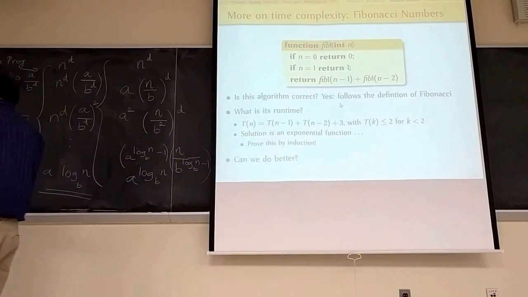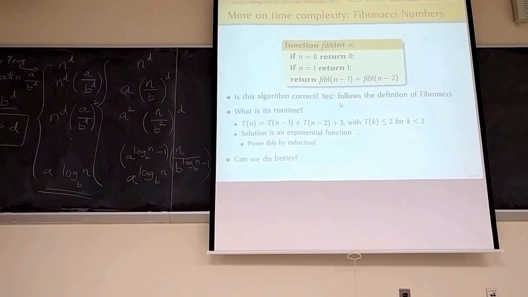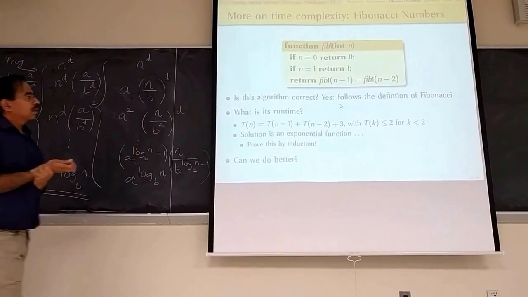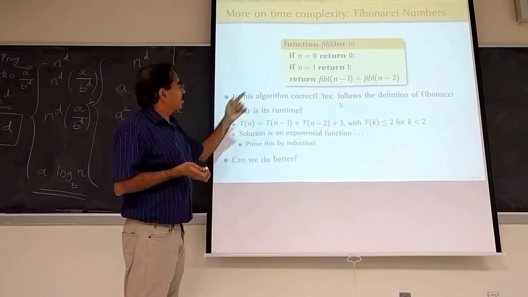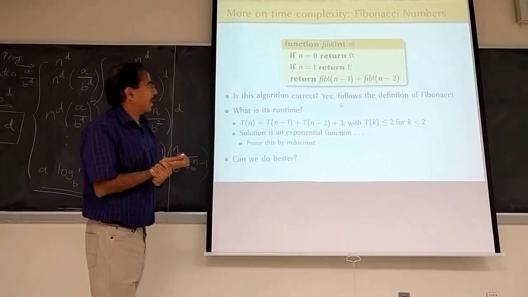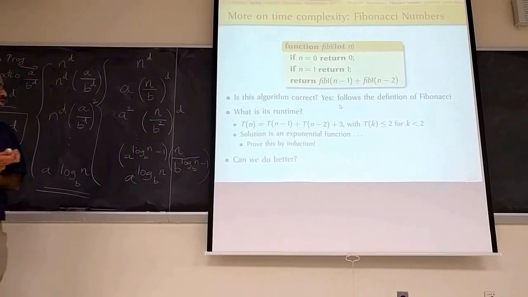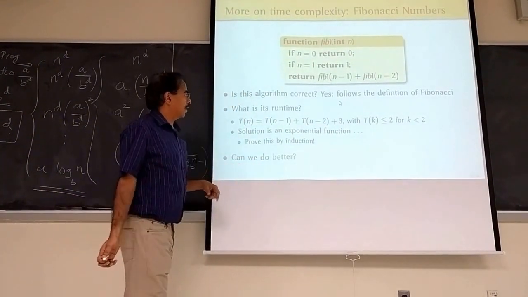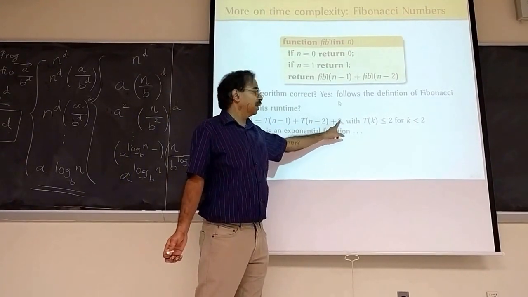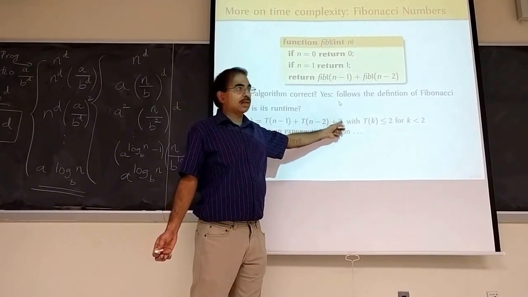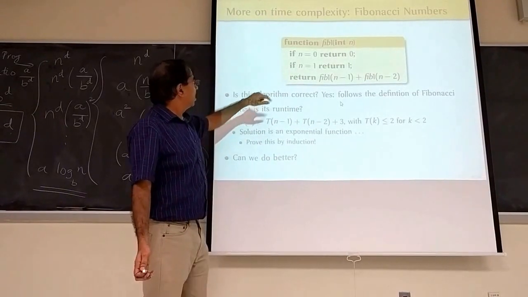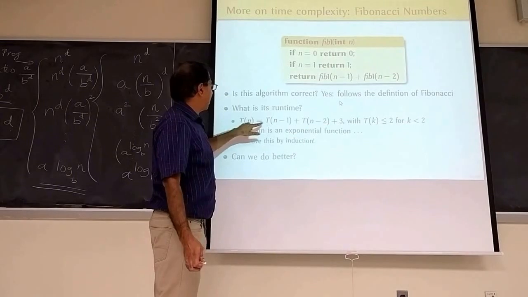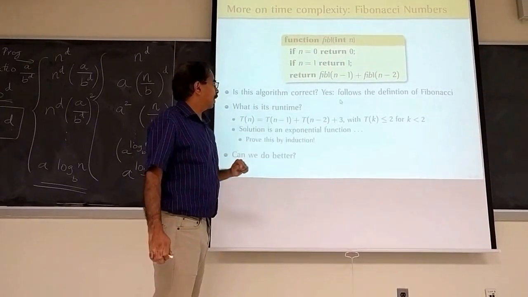So there is, of course, an iterative formulation using an array, right? But what we are concerned about is the complexity of this recursive formulation. And you can see that there is a constant cost, right? So I call it 3, but it's just a constant. So there's a constant cost of executing the body, and then you have two recursive calls on n minus 1 and n minus 2. So T of n is T of n minus 1 plus T of n minus 2